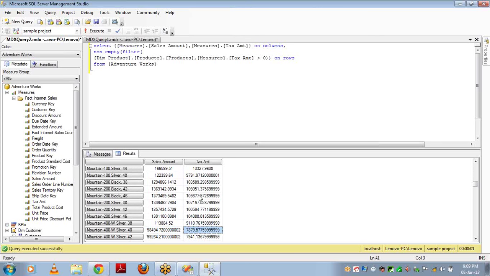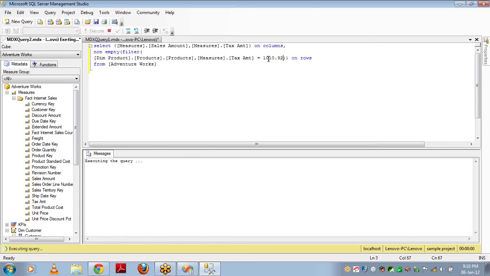Okay, let me give that here, where tax amount is equal to 1010.92. If I execute that, oops, I have not given correctly. Let me check that. What is the value that we have now?